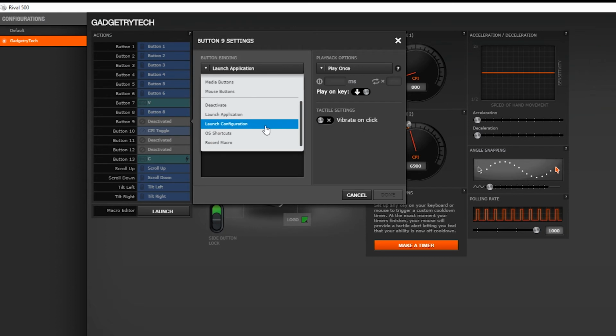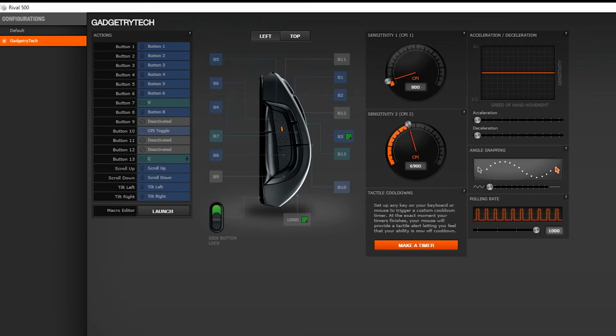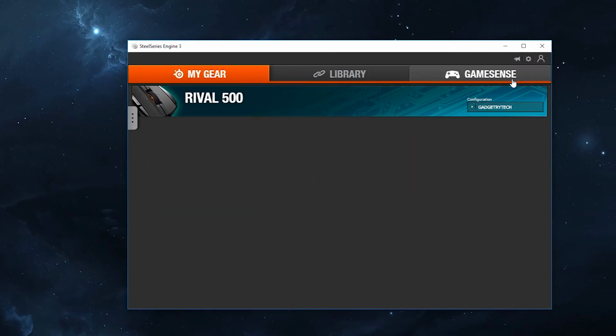One of my favorite features, and this comes in handy if you like to switch, let's say you switch characters in a game, things like that, I can actually switch it to launch configuration. Now, that is really helpful if you switch programs and you don't want to load this software to change profiles, or if you're in one game and you go from one character to a next that has completely different abilities and you have a different mapping style or preference. So that saves you a lot of time there because you can switch while you're in game. So I'm going to hit cancel. We're going to close this, and let's take a look at one more thing that makes this mouse pretty unique,